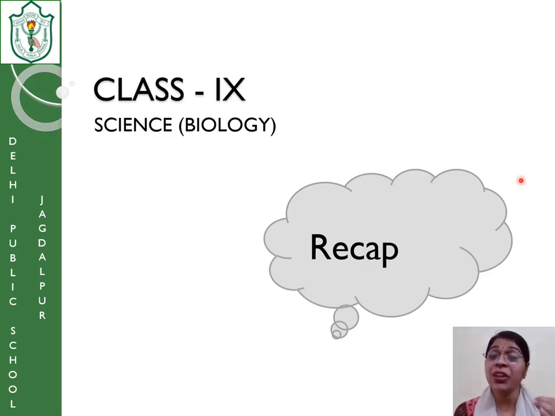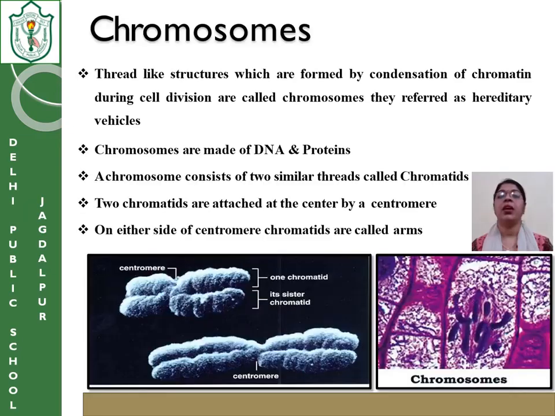Then we discussed the location of the RNA and the protein in the nucleolus also. So today we were supposed to begin with the important component of the cell, that is chromosome. What are chromosomes? Chromosomes are the thread-like structures which are formed by the condensation of the chromatin during the